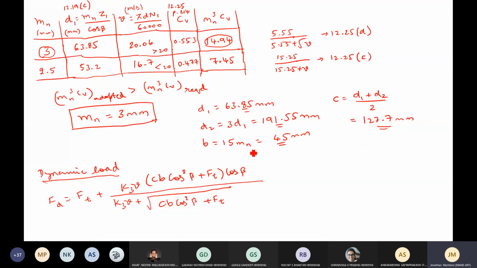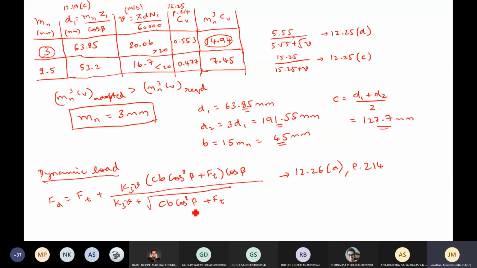Yeah, cos square beta, correct. Cb cos square beta plus Ft into cos beta. Yeah, no, it is proper. So this is 12.26 A. Okay, just find out that equation, page 214. So again, be careful when you write, otherwise what similar mistake I did, you will end up with a wrong